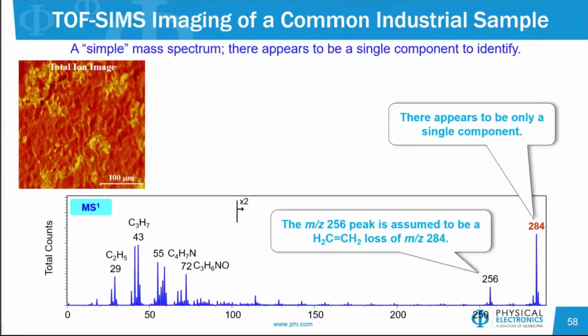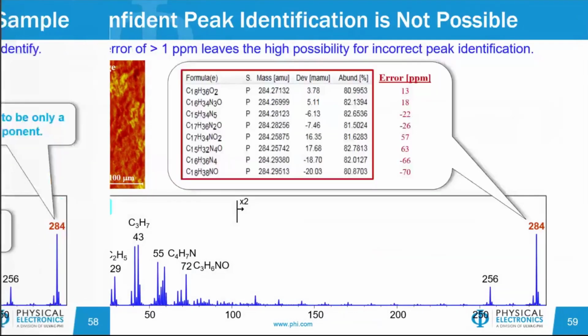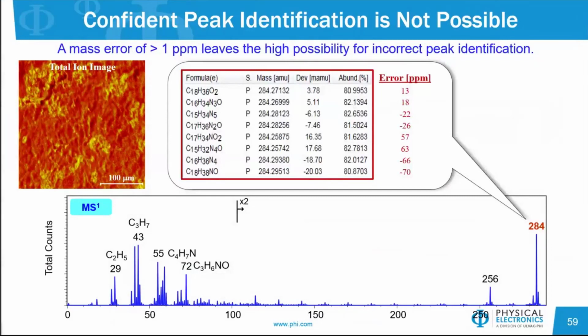So just one example of how MS can be used to identify unknown contaminants in a sample here. This is a secondary ion image of a common lubricant used in industry, and this is the mass spectrum of it in the image. It looks like a simple, single-component species or sample here. You get the high mass peak at 284, and this 256 peak looks to be an alkene loss peak. So everything looks normal, looks to be simple, however, trying to identify this 284 peak